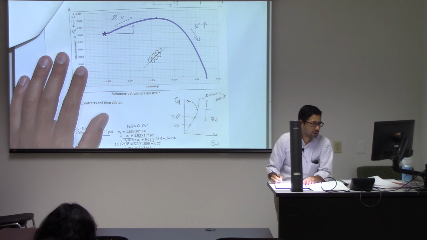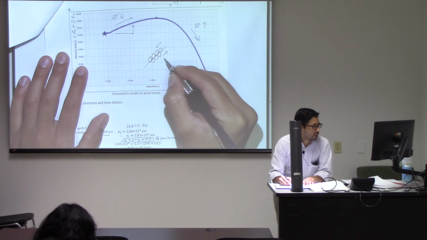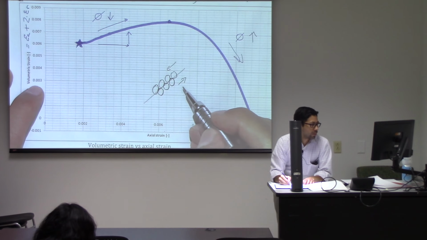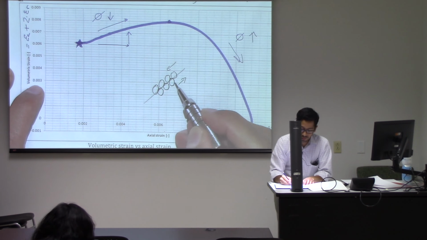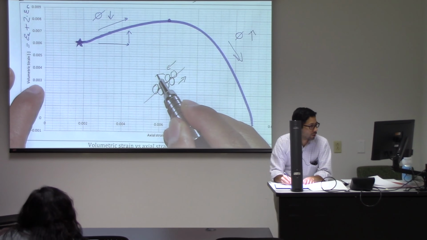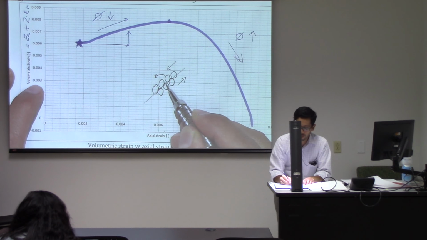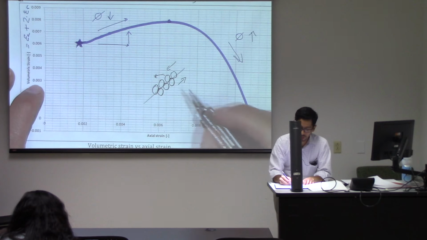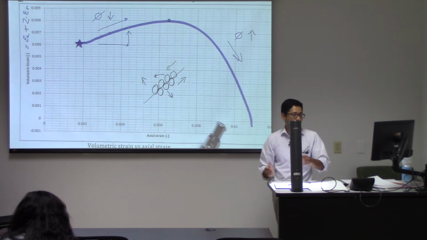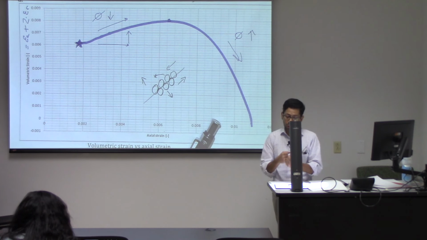And at some point, the grains of those sandstones, as you apply shear, they start to move relative to each other. So now if I want, for example, this grain to move down, it will have to roll over and move on top of that one. You see that? And when that happens, in order to accommodate that rolling over and grains going on top of each other, the sample is going to expand. So when you get close to failure,